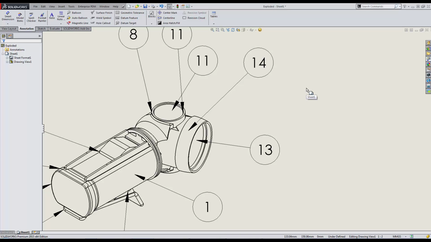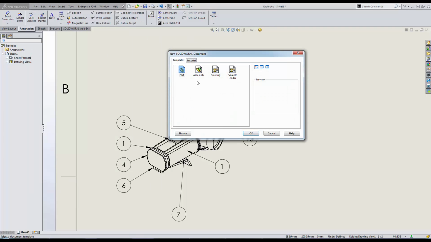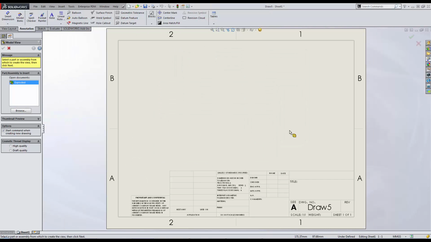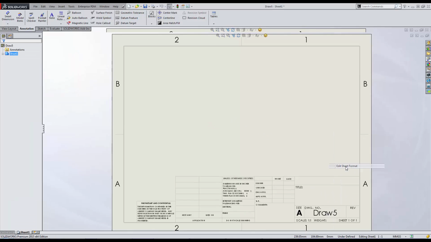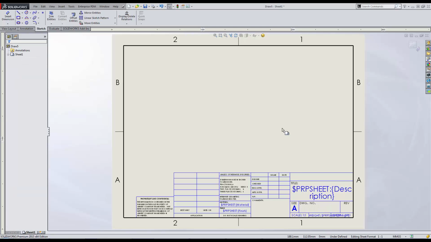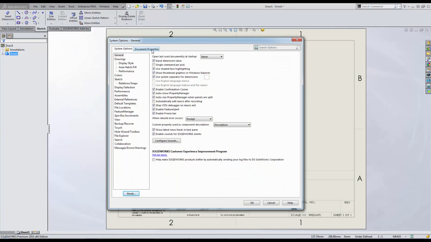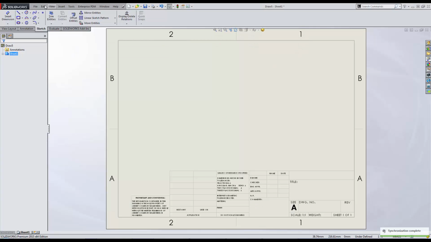Now if we want to take that one step farther, we can actually change the template. So I can say file, new. I could use my existing template with the default, so nothing I'm really concerned with, and if I want to make sure I don't add a note in accidentally, I'll just delete it. And so here's a blank sheet, and the only thing I need to do is come in and change that setting in our options. So I'll go to document properties, annotations, and this is going to load this way each time. So if I change this to surface, now I have that type of leader,